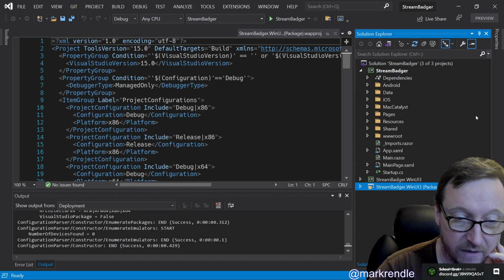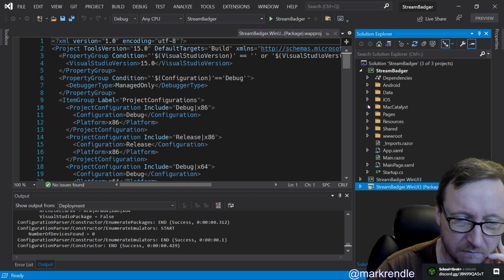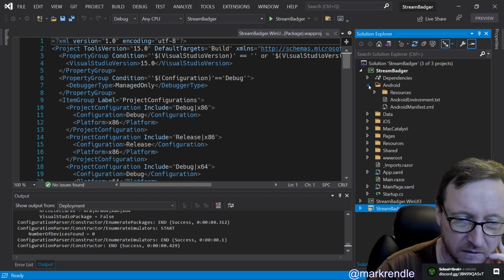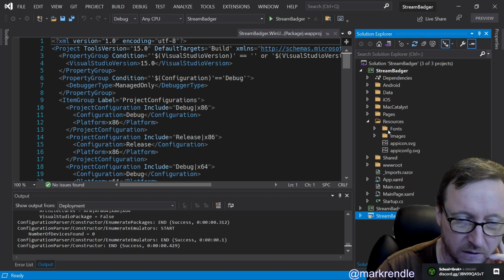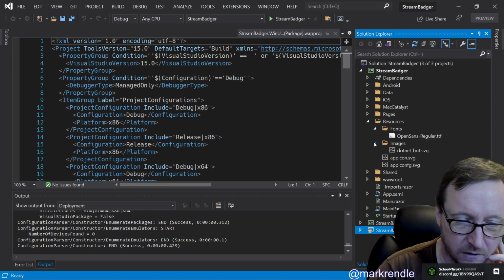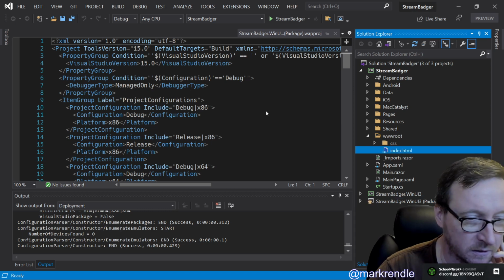And Stream Badger has got iOS and Mac Catalyst and Android and things inside it, and resources, and there's fonts and images, and then root has got